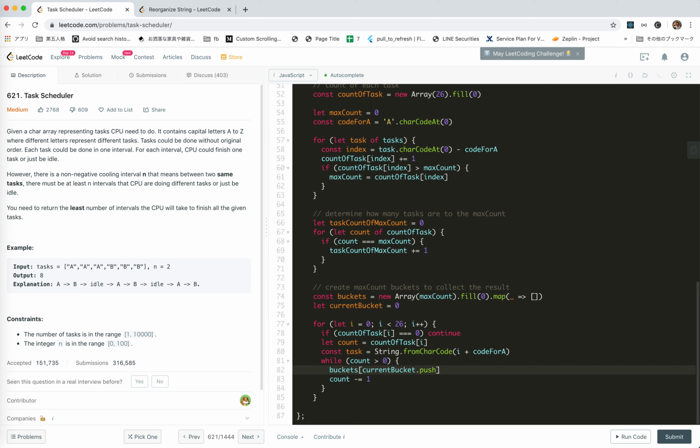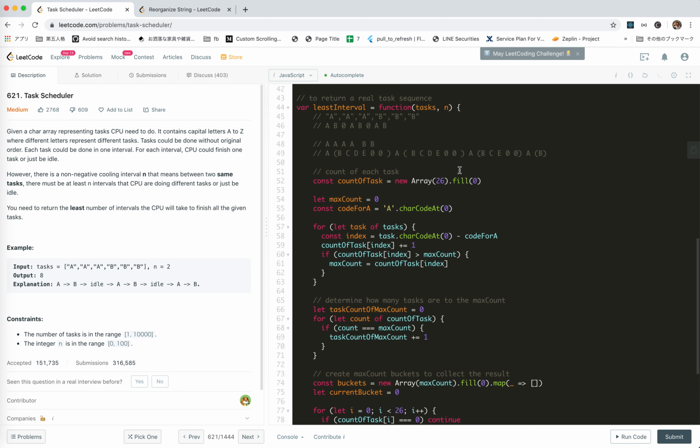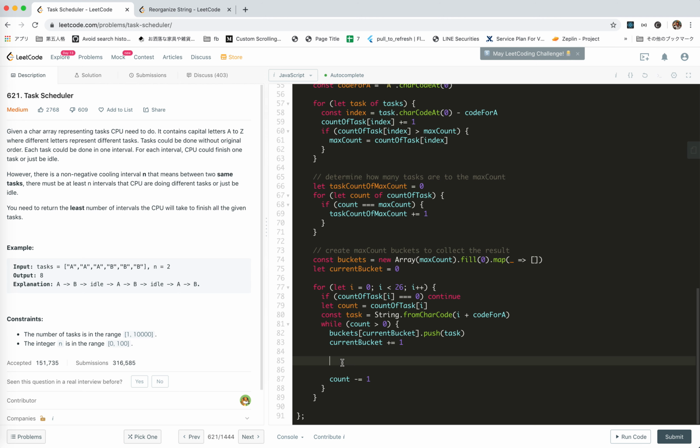Push task. But the current bucket will move to the next one, right? Well, here is a problem, right? We need to actually mod the bucket length. But if the count equals max count,